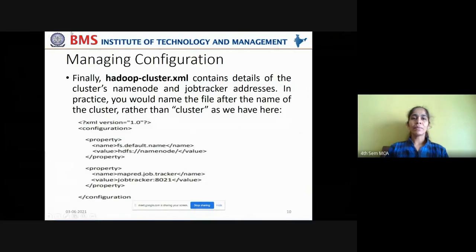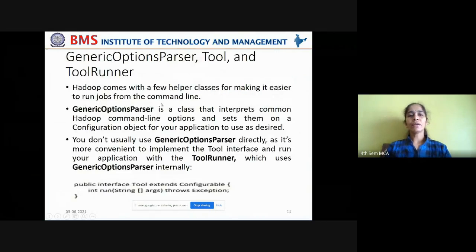Now let us continue with our lecture on generic options parser. Next topic is on generic options parser, which enables the user to pass some properties through command line argument and make them override or take priority over the existing properties.